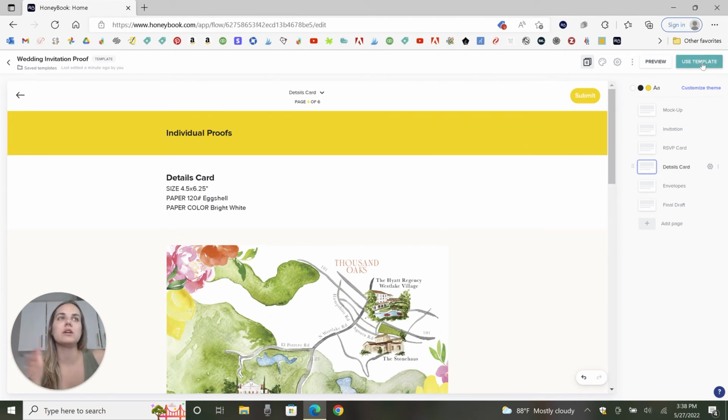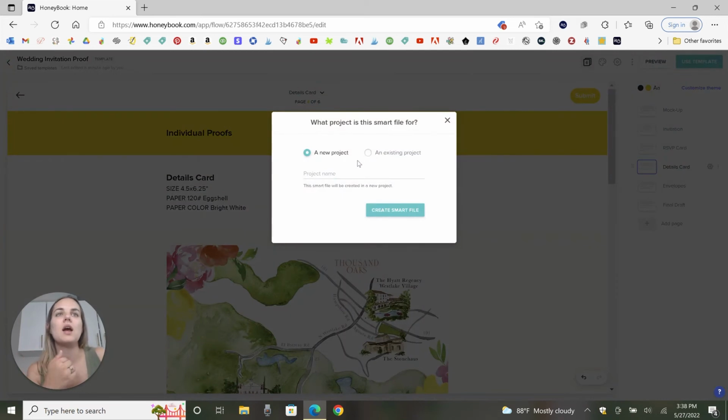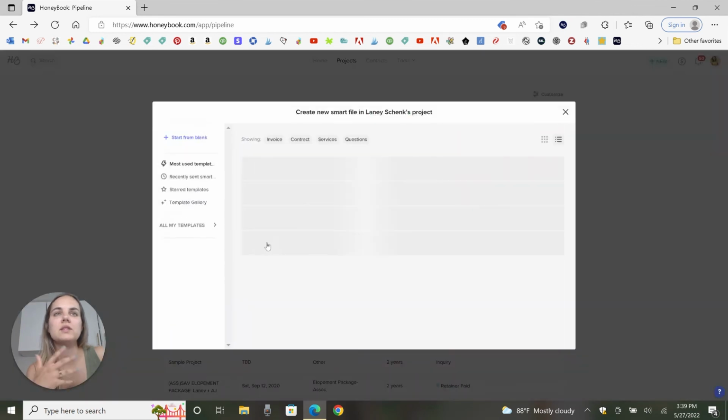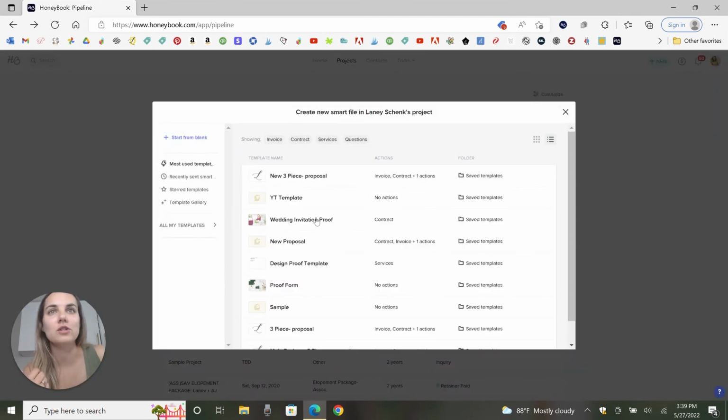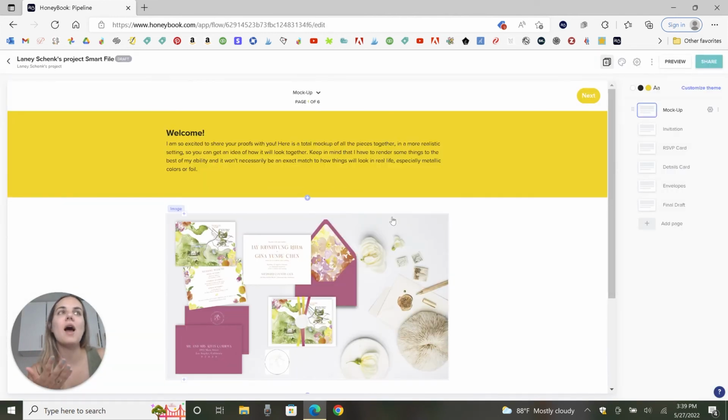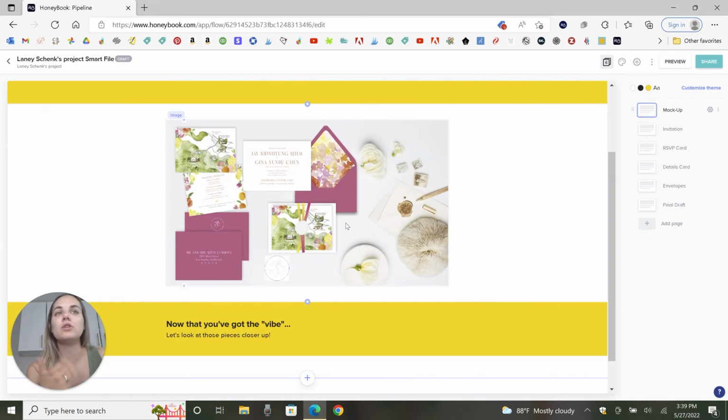Now, once you finish this, you can click use template and you can apply it to any of your existing projects or new projects. And then whenever you go into a project, you can do send smart file and you can just click on that wedding invitation proof here. Now you're editing this just within Lainey Shank's project. Earlier, it was editing in the entire template, but this is where you would just go in